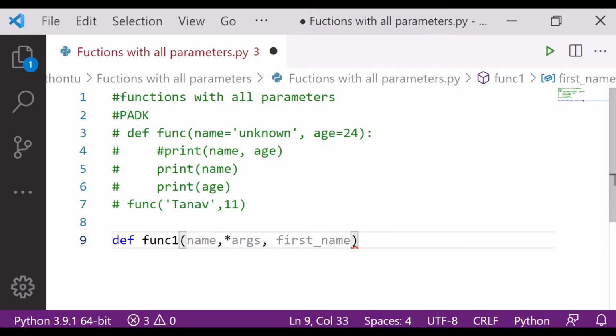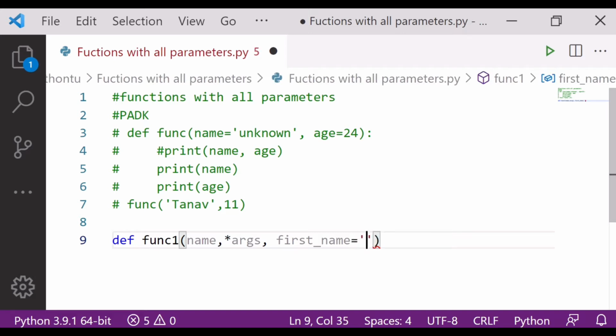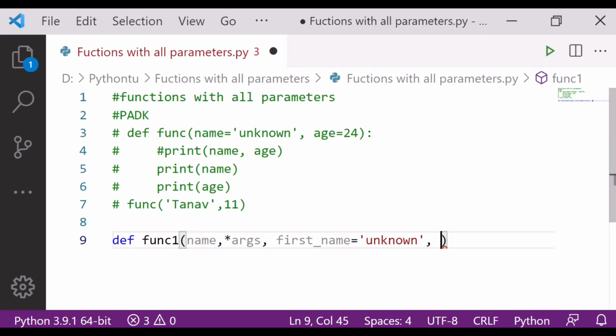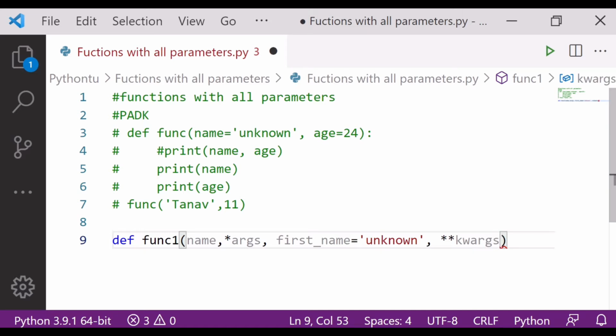first name, you can use anything. Next is first name. If I mention it here, that's fine, that will take it as default. Unknown, I'm writing here, by default it will take that. So here I'm supposed to write down the kwargs. Kwargs is basically, we know, for using keywords. We can use more than one keyword by using kwargs, and it makes your program more flexible. Okay, kwargs done.